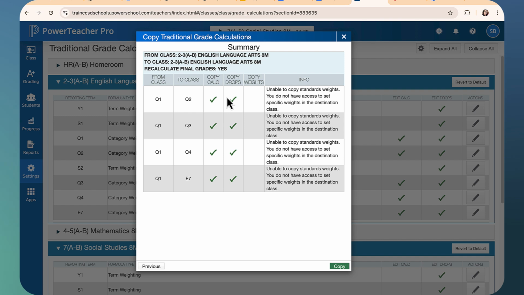The thing you want to see on this screen are lots of green check marks. Please ignore all of the words on the right underneath the information column, as this is information that you do not need and is not correct. You are able to copy this. This is a different setup in PowerSchool, so please ignore all of this information column. Now that you see green check marks, you are finally ready to copy, so click Copy at the bottom,